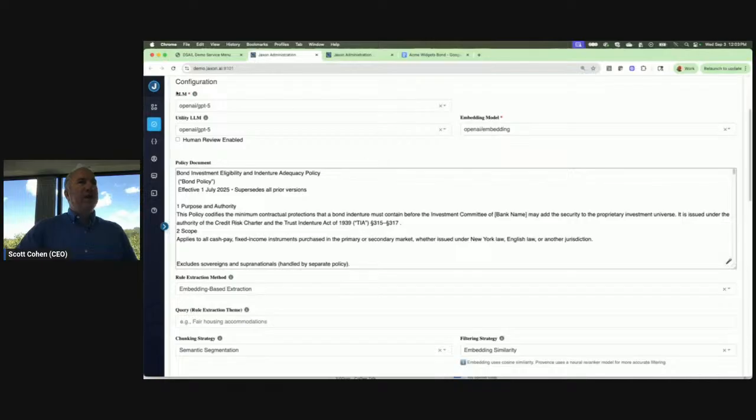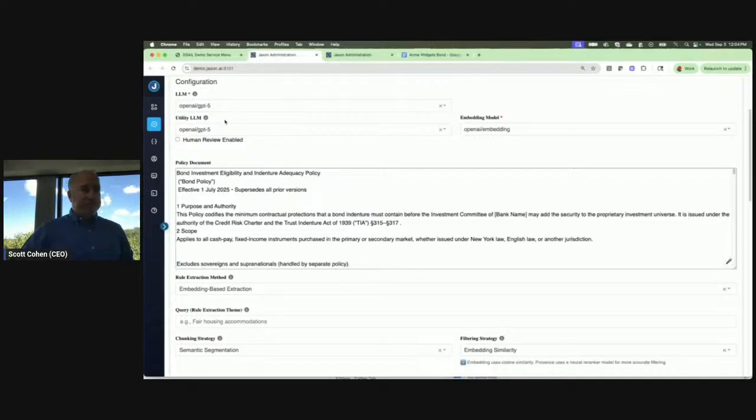All right, so we have a mainline LLM, which is usually a faster LLM. In this case, we're using GPT-5 because GPT-5 has made it easier to pick and choose automatically between the fast models and the slower, quote unquote, reasoning models. They call them reasoning models, but truth be told, they're not really reasoning. They're doing things like chain of thought and mixture of experts, which is better, and we recommend it for this